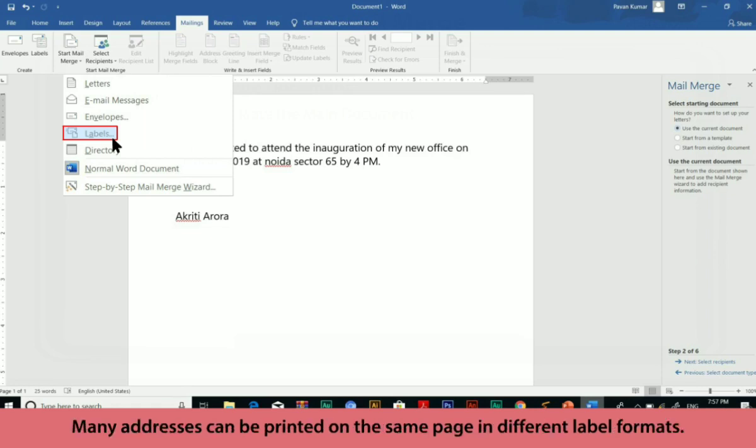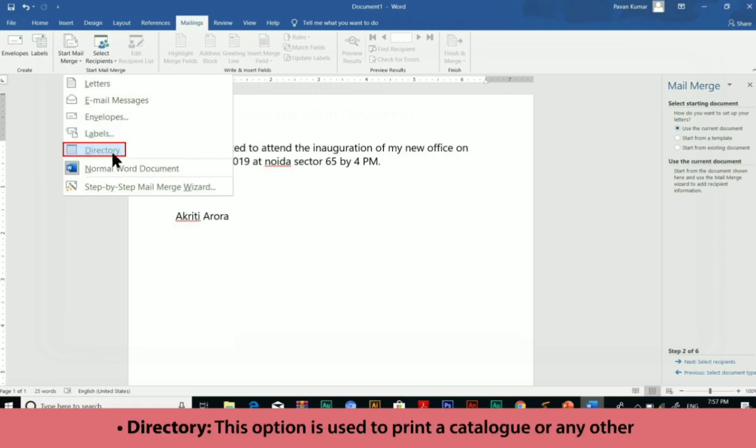Many addresses can be printed on the same page in different label formats. Directory: this option is used to print a catalog or any other document that requires printing multiple records per page.